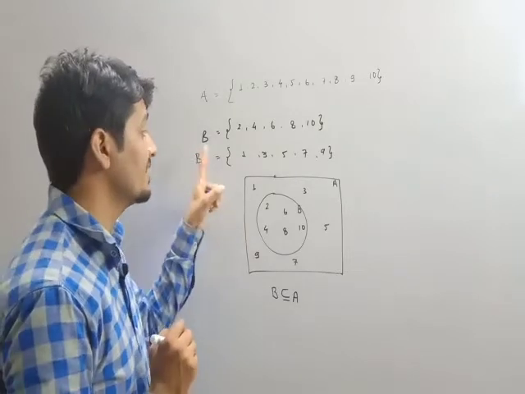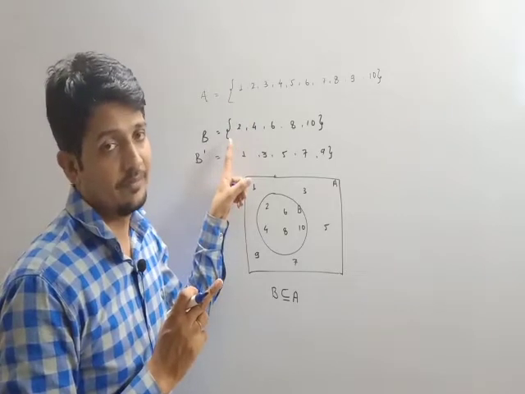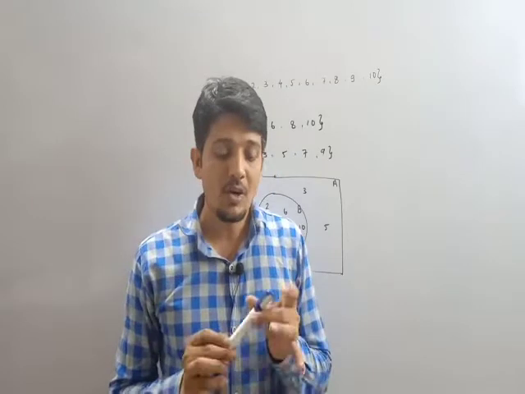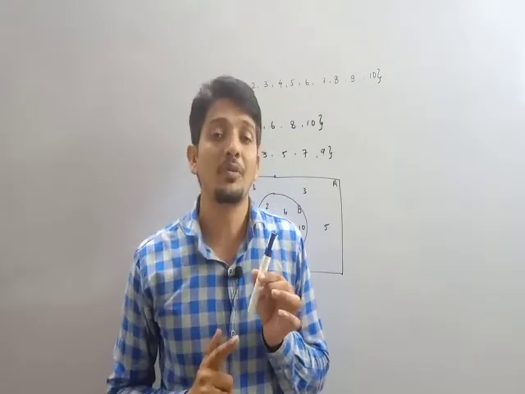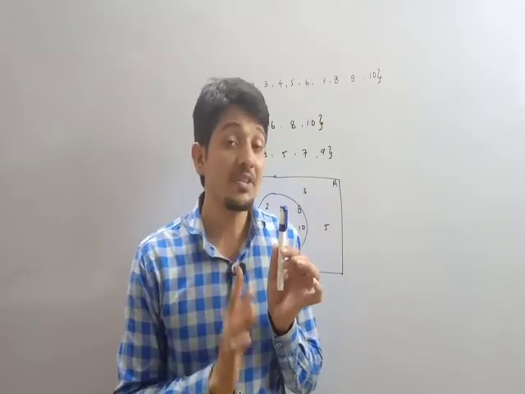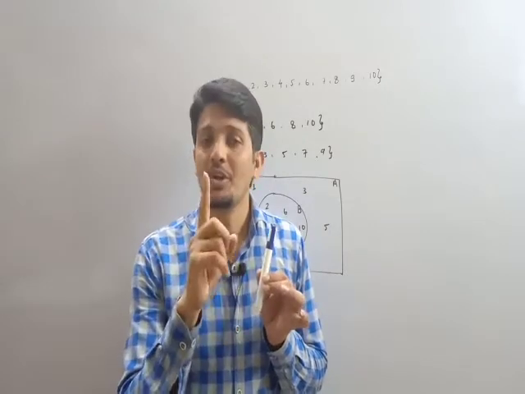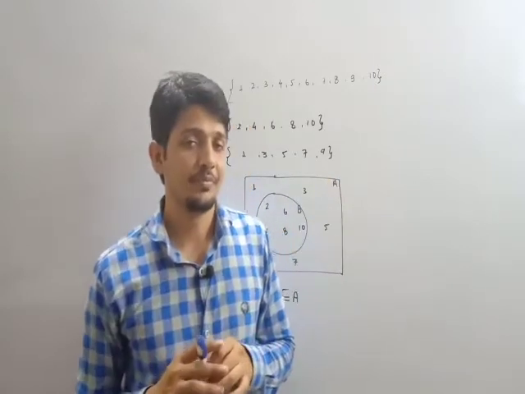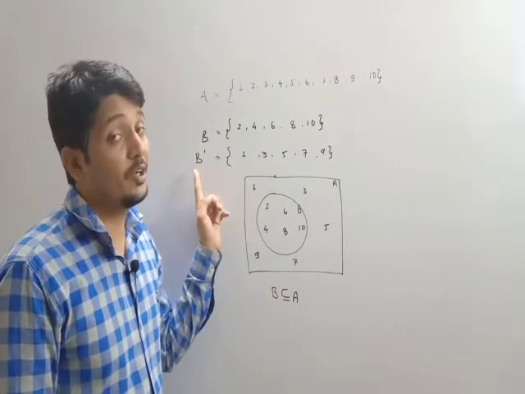Complement का मतलब ऐसे मेंबर जो A में तो है बट B में नहीं है. Suppose in your class you are not having this pen with you, that means this is the complement member for you. Means हेमंत सर के पास तो पेन है, मार्कर पेन, बट स्टूडेंट के पास नहीं है. That means this is the complement for you. So this one will be the complement set for you. Okay, so this is all about subset and complement of a set.